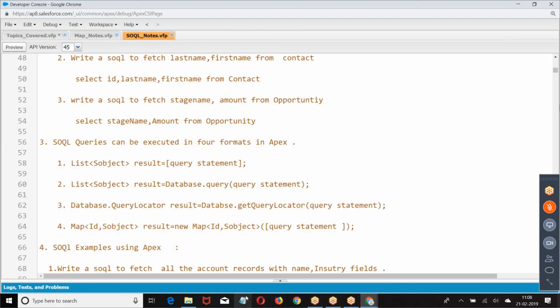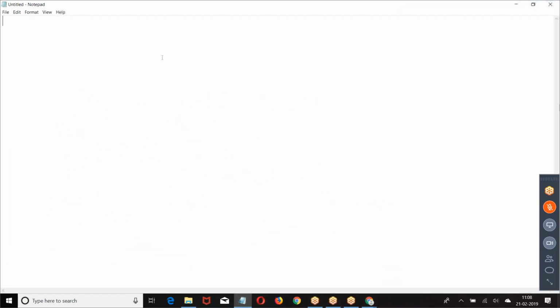Now look at the point. What is a query? A query is a statement we write to fetch the data from a source.